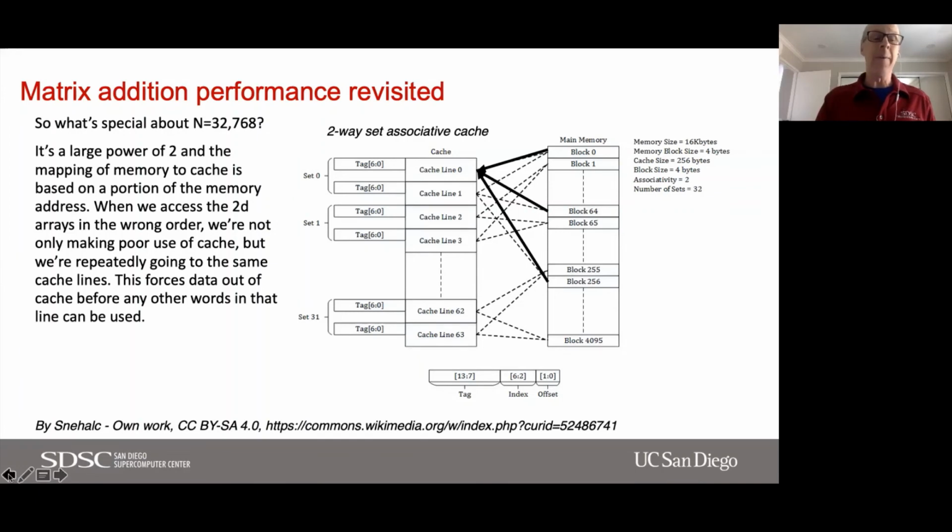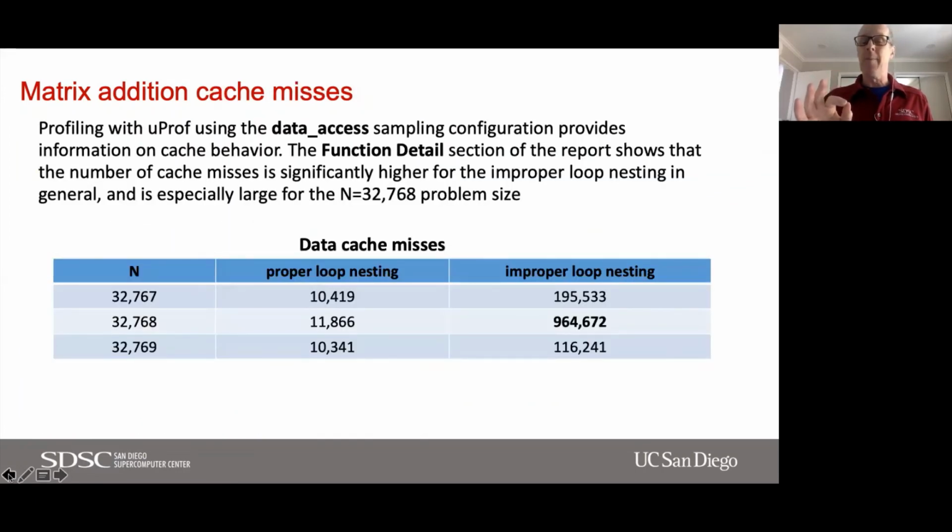Now for the case of doing this matrix addition, if that's all we're doing, it's very easy to just nest the loops in the right order to get the best performance. Sometimes though, you may be stuck. You're working with multiple arrays, and there may be no way around having to access one of those arrays in the wrong order. Let's say that you're adding a matrix to a transpose of another matrix.